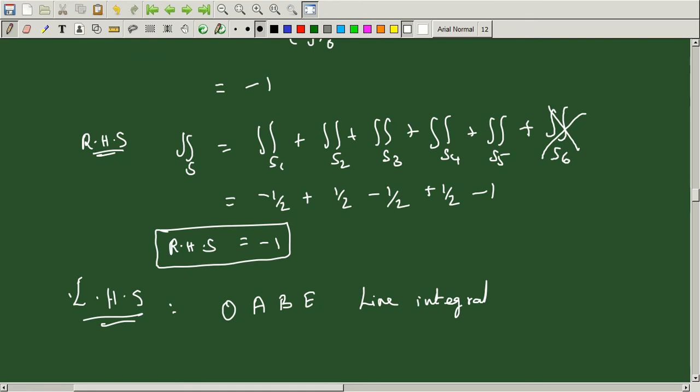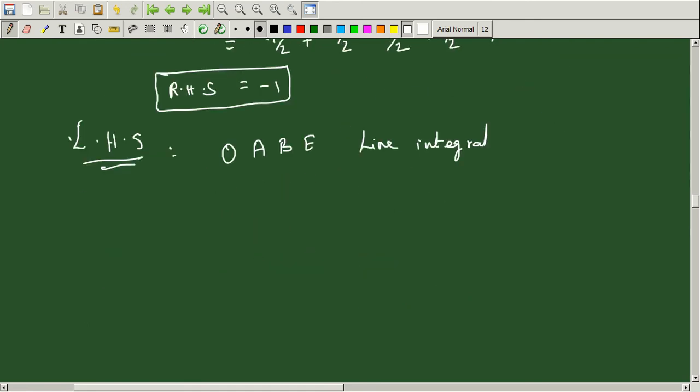Now we are going to do the LHS. Actually this is the open surface, so you have to eliminate the XOY plane. It should match the RHS value. We should match all the surfaces to that exact cube box. That's why we need to calculate the line integral separately. The XOY plane, which we already omitted, is the only one we are going to consider now.